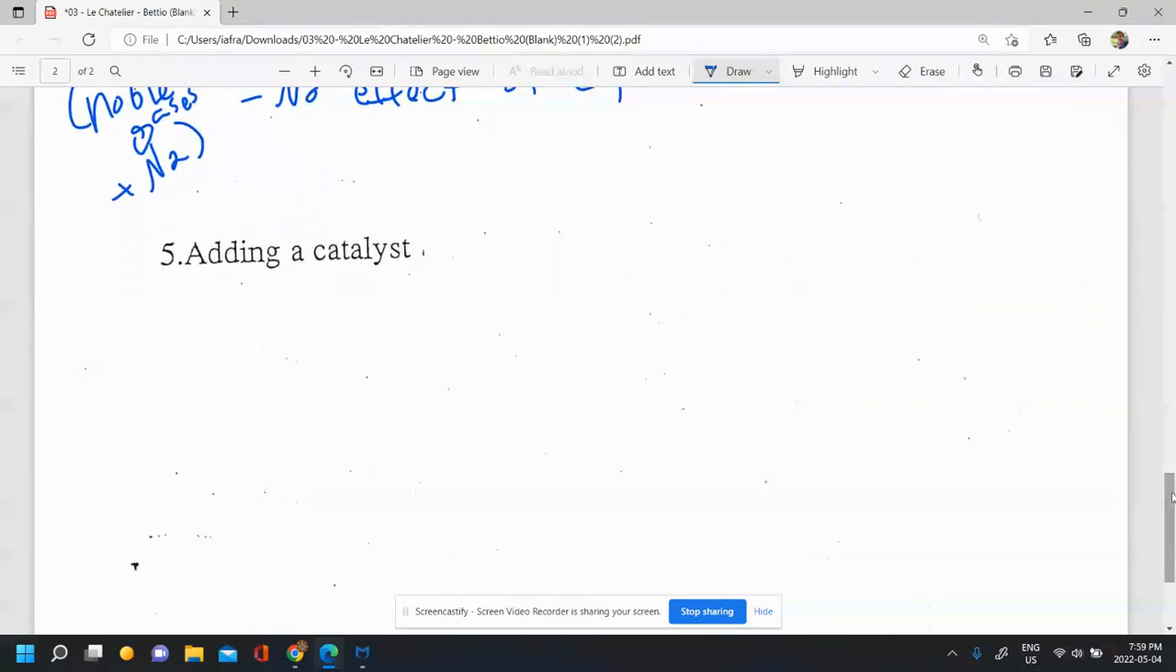Another factor that surprisingly doesn't affect equilibrium is adding a catalyst. And I say surprisingly because we think catalysts can do everything. So when you add a catalyst into a system, first of all, the K won't change. The K is constant. And what I want you to remember is that a catalyst reduces the activation energy for the system. And so what it does in this case is it's going to speed up